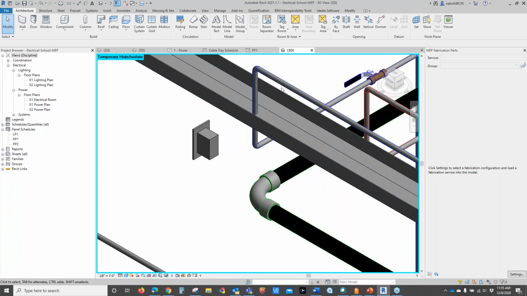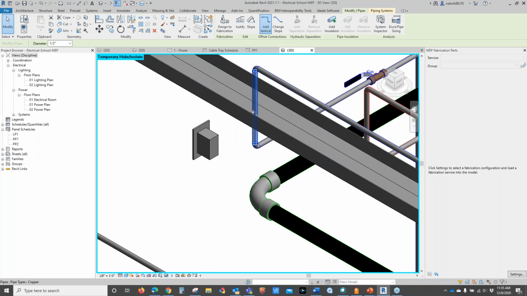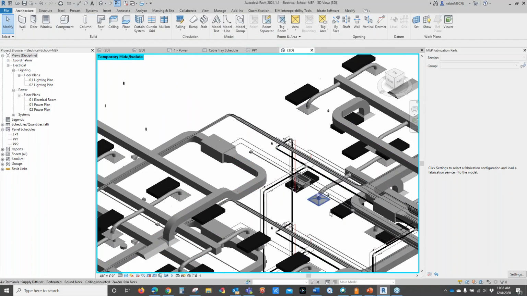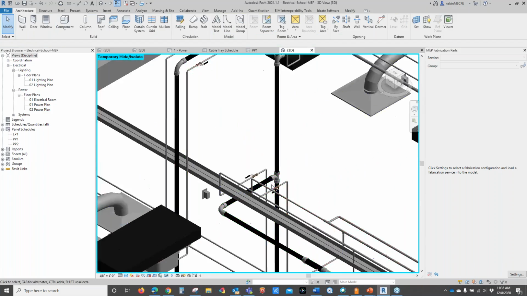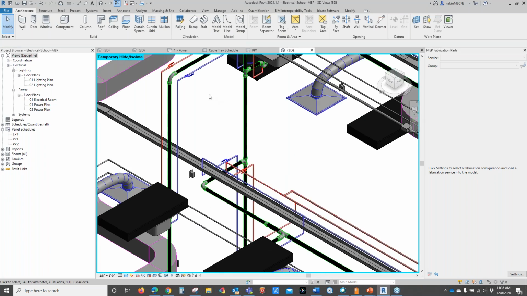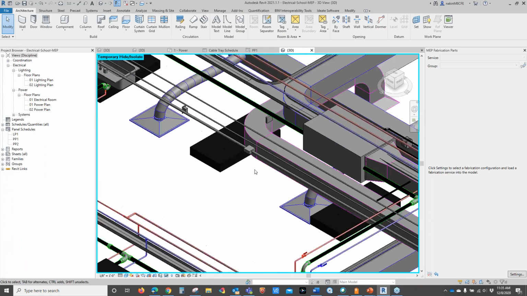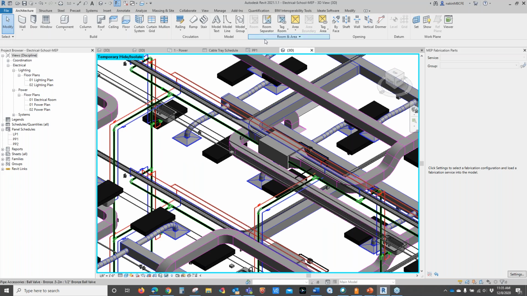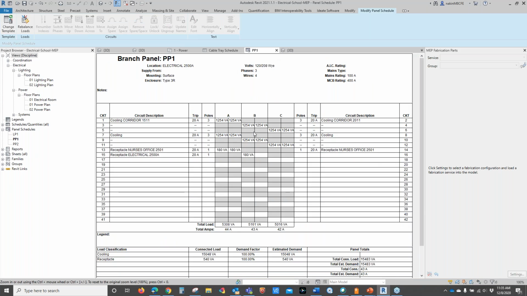And I see as I was doing this, I accidentally put a piece of pipe through the duct or through the cable tray. But I was able to take and rebuild and build a more robust system that has all of the information we need. And if we look back at the schedule here on this particular project,